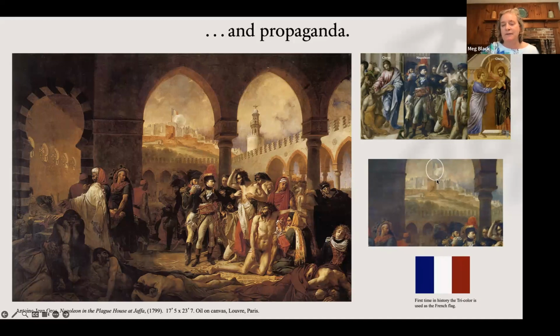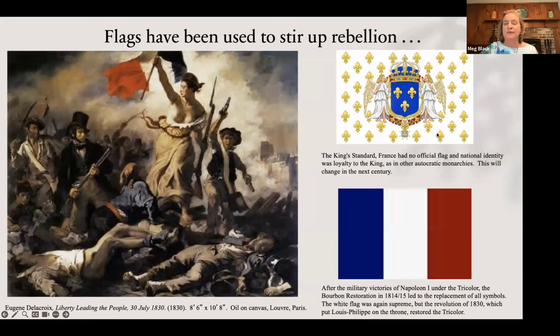This is the anarchy flag. The flag of France at the time is this one. In fact, we don't really have an official flag at the time, but the closest we have is the King's Standard. And we have the fleur-de-lis here, which you may recognize in a lot of French paintings. You see that fleur-de-lis on the windows of the Notre Dame Cathedral and the stained glass windows, signifying the importance of the king in all things French.